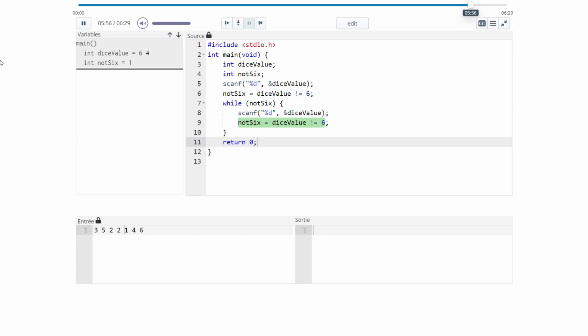So now dice value is equal to 6. So dice value is no longer not equal to 6. It is equal to 6. In other words, not 6 all of a sudden gets the value 0. So that corresponds to false. Now the loop condition is false, which means the loop is no longer entered. We exit this loop. This terminates the loop. We get to the return statement, and the program finishes. So this is how we can repeat instructions a number of times that is not predetermined and not known